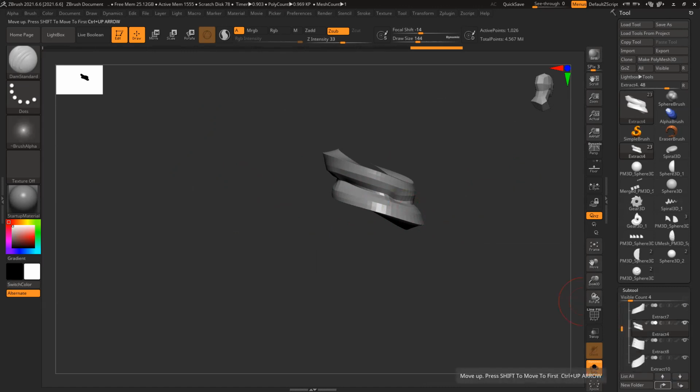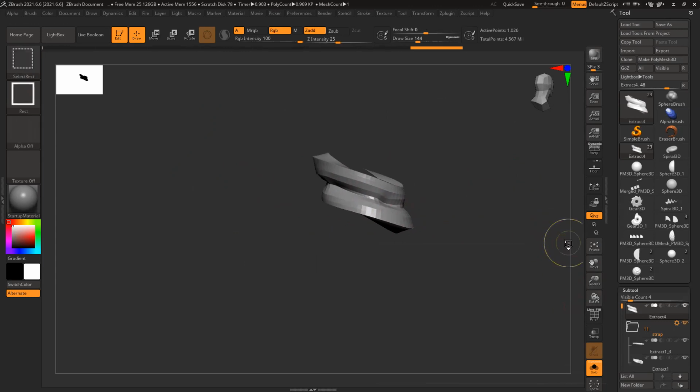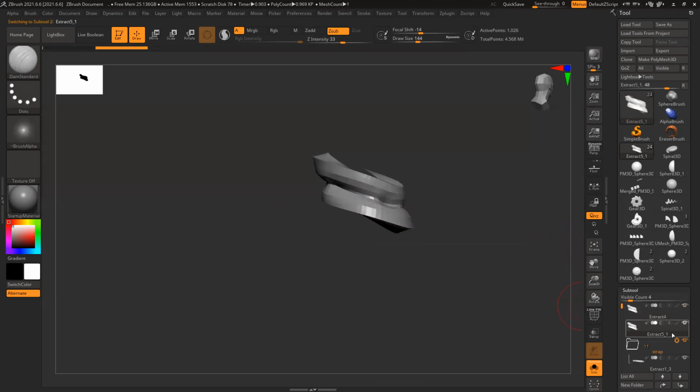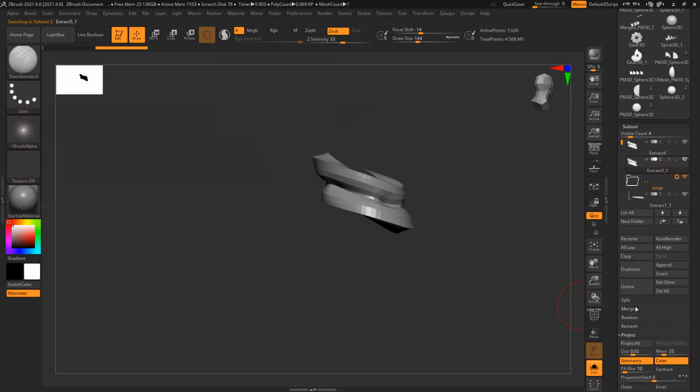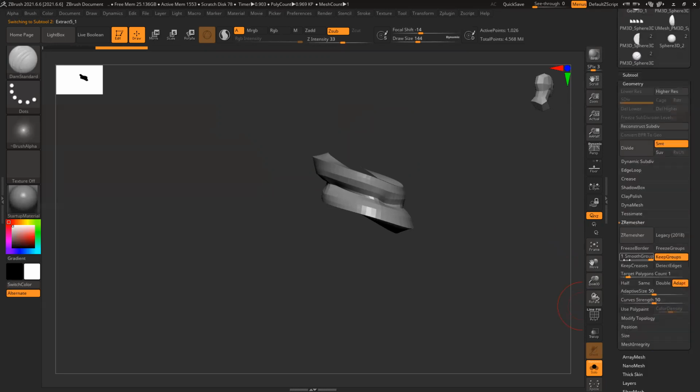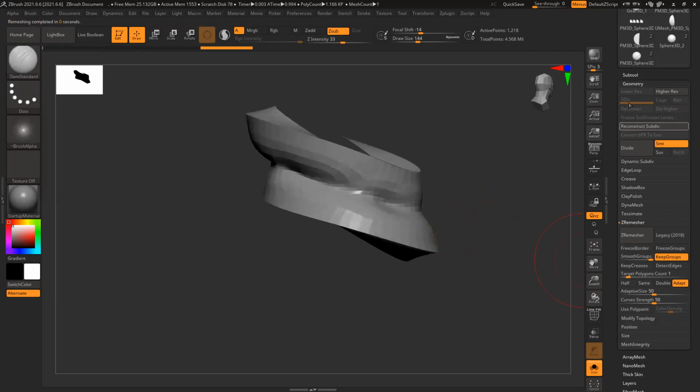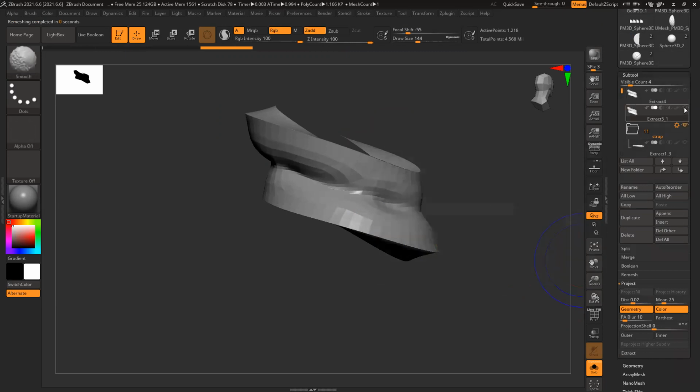This one outside. Control Shift D. And let me see the model. Okay. Now Shift, hide everything.